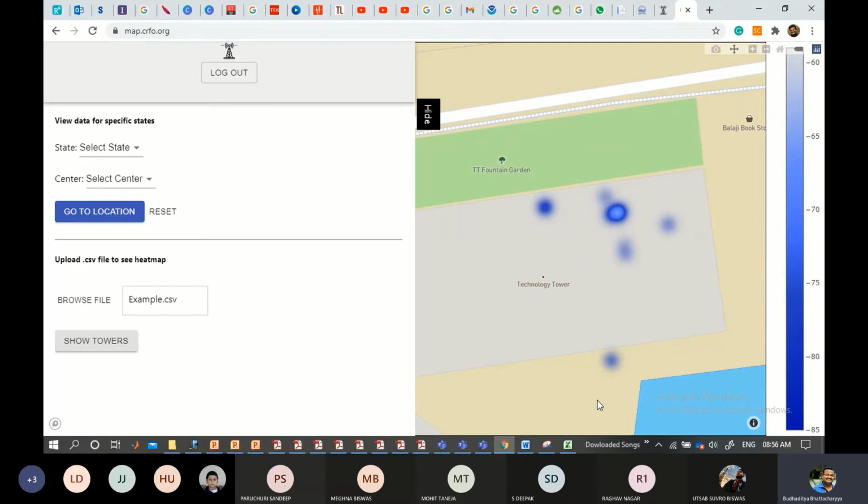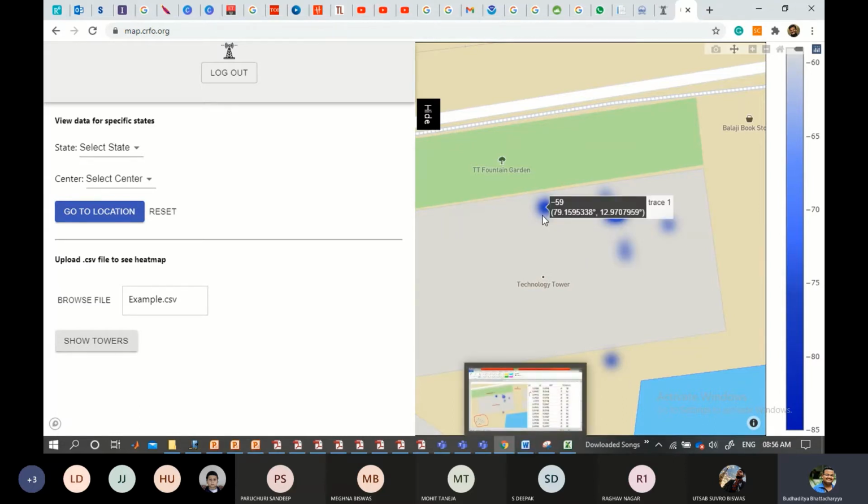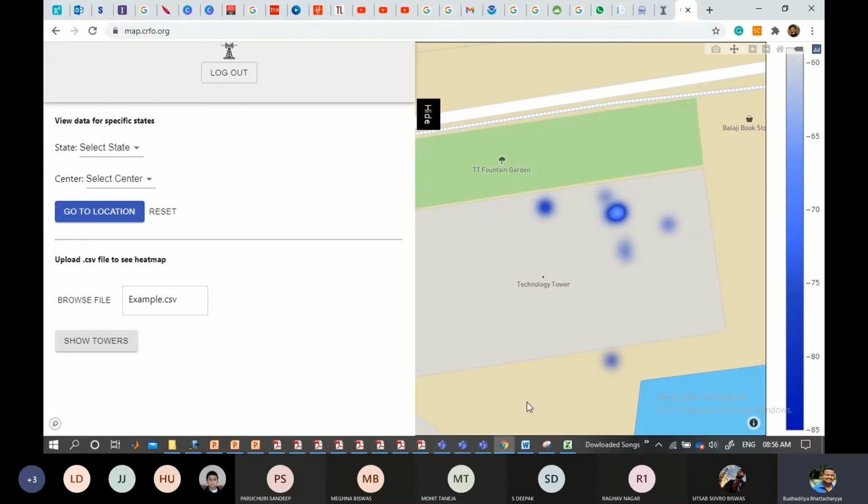Okay, so all of you who have taken the reading, you can create your own CSV file. You don't need to do it right now. Let me explain it first. All the CSV files you can create, and you can create your own heat map of your measurement. In fact, that is one of the tasks that you are supposed to do as a uniqueness in this particular experiment, because all of you will have a different set of readings. All of you will have a different latitude and longitude in the first place, and that's why you will have a different RSRP mapping as well.